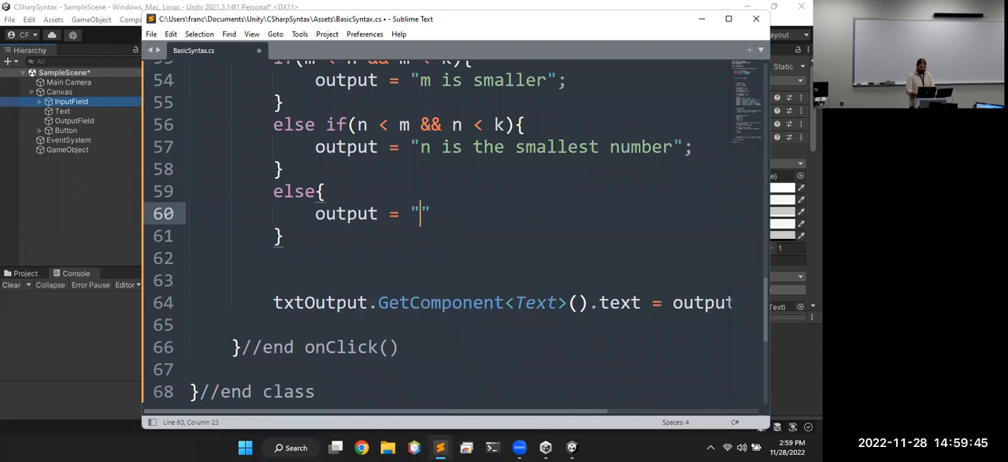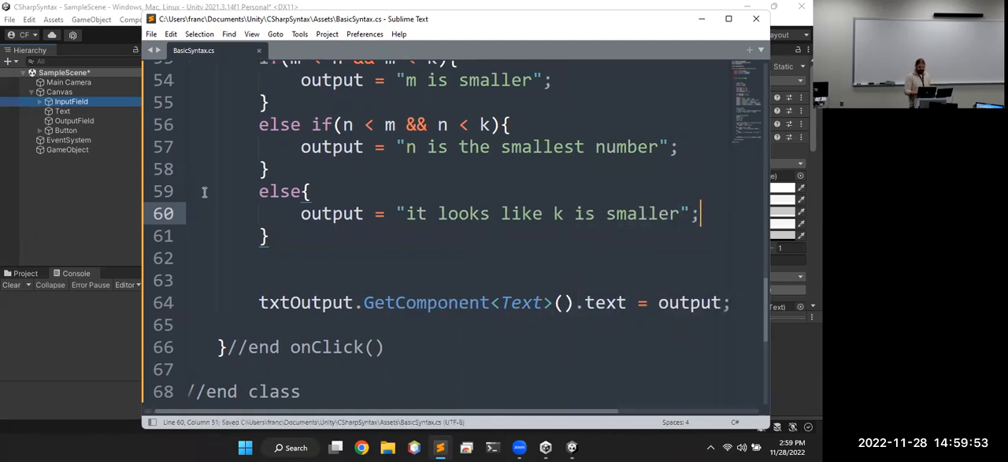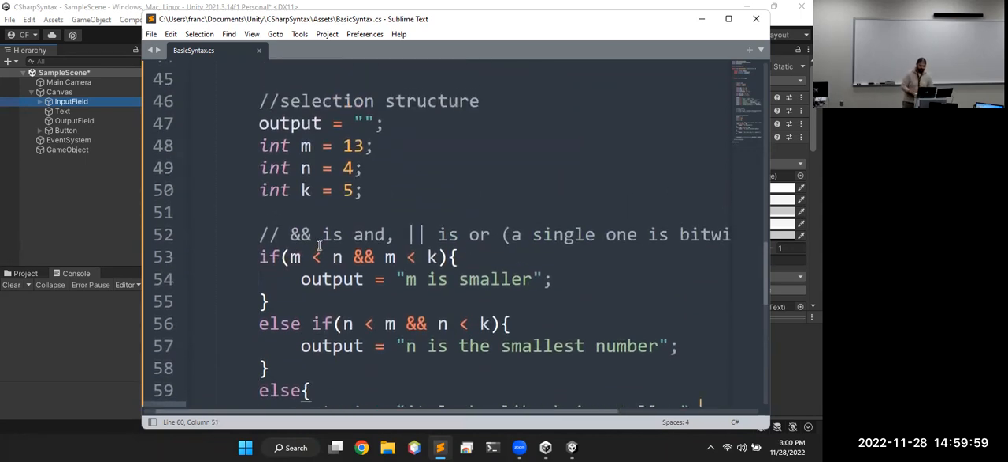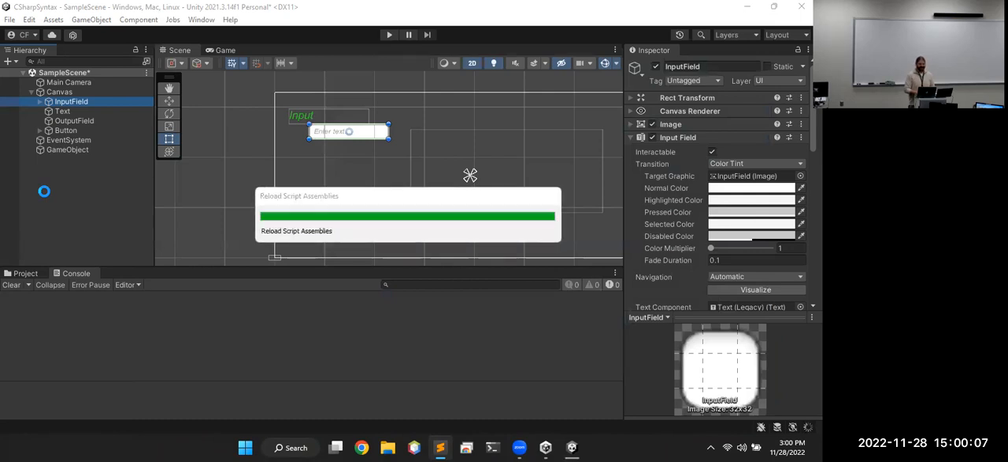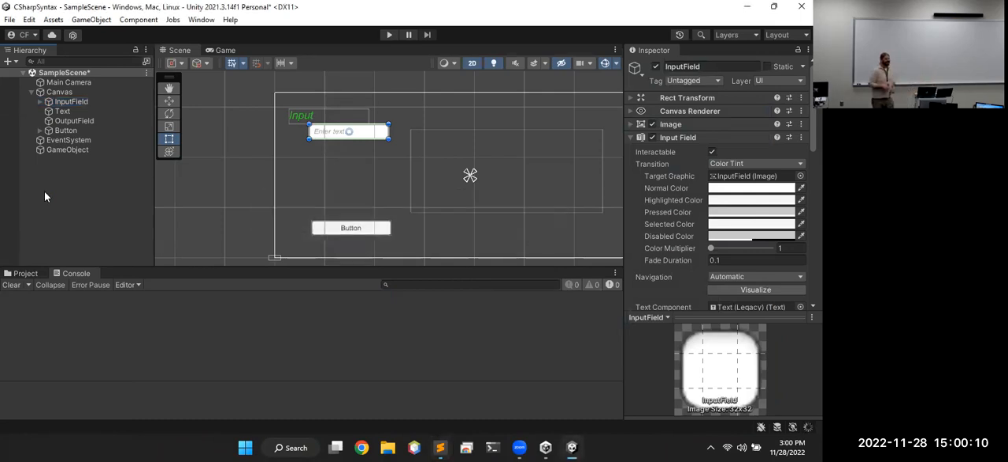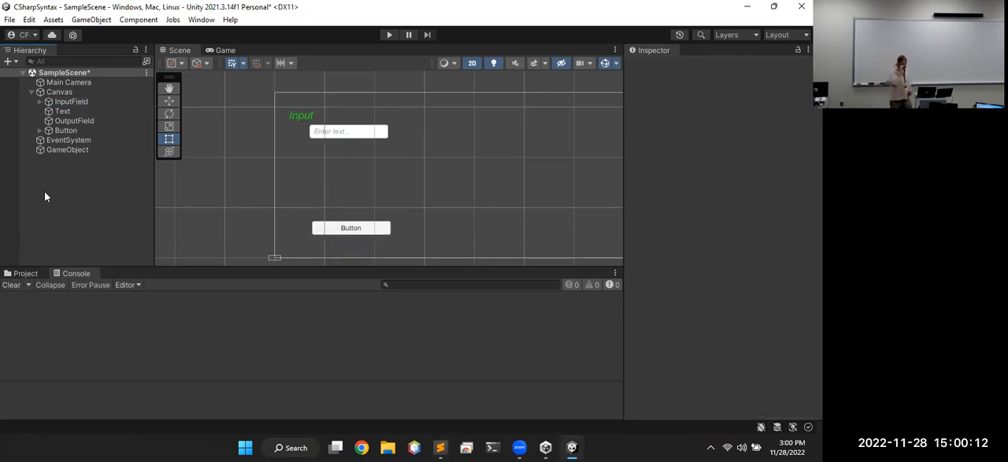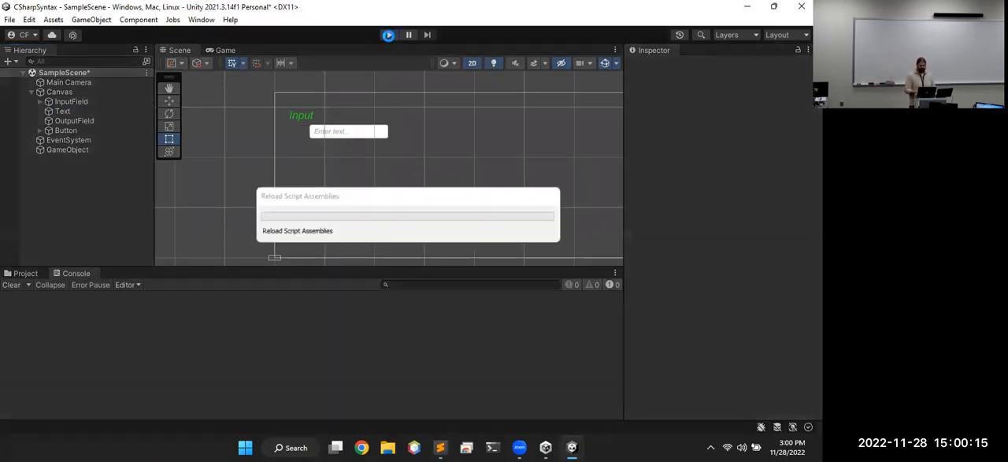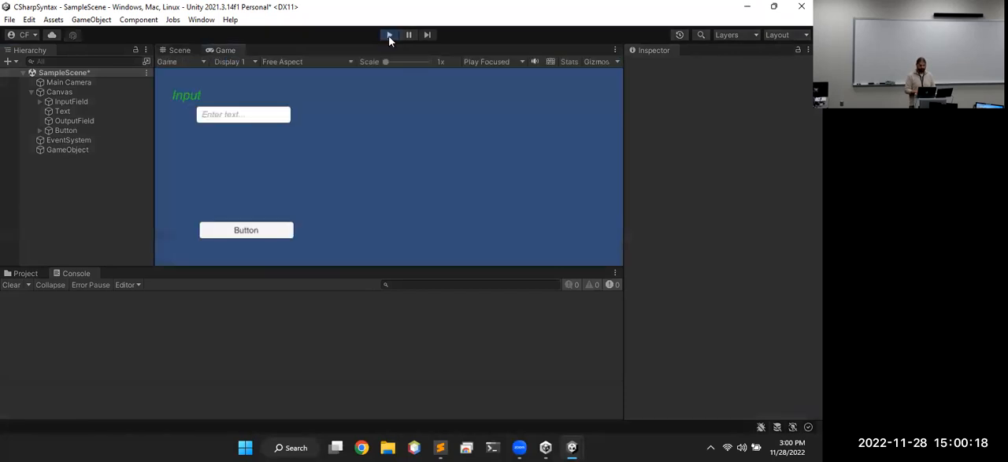Output, it looks like A is smaller. So a couple different outputs depending on which one of them is smallest. Right now N, so we should hit that else if condition, right? If you hadn't guessed immediately, I'm going to change those numbers, we'll make sure all three of them run. No error messages, so if we run it, hit the button, and N is the smallest number, which matches